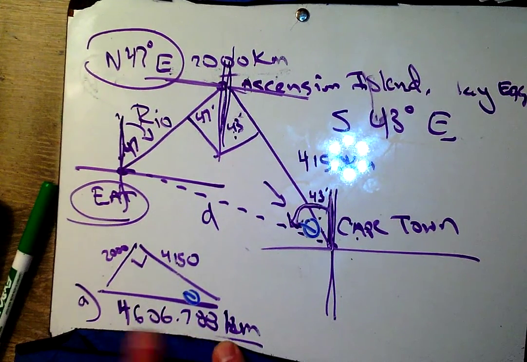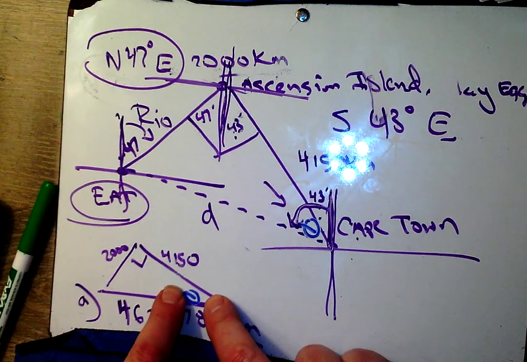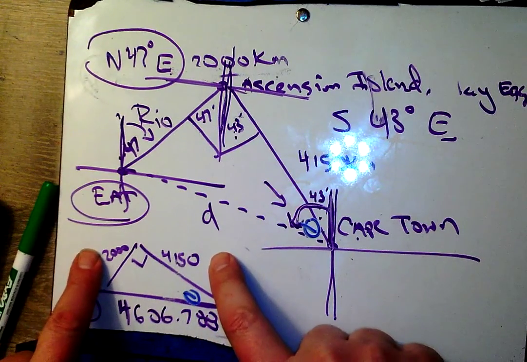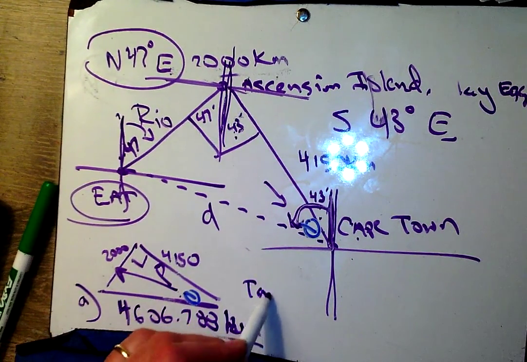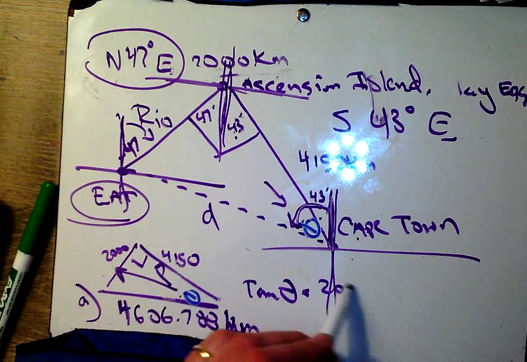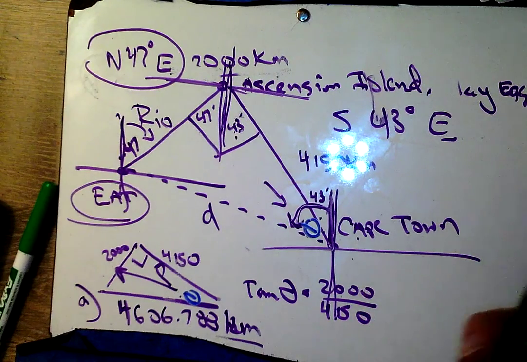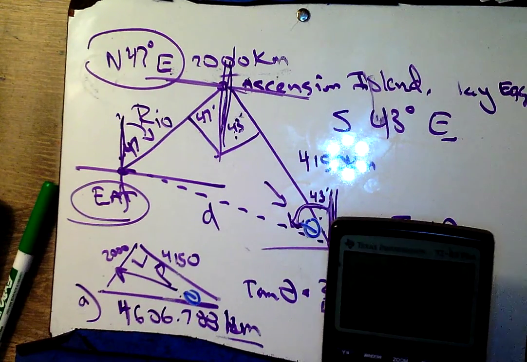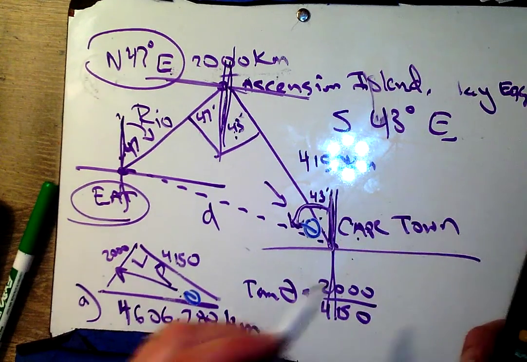But if for some reason I made a mistake here, then I'm automatically going to get the bearing problem wrong if I use this one. These were given to me, so I'm going to use those to find theta. I'm going to say tangent theta is 2,000 over 4150. And so if I take the inverse tangent of both sides, inverse tangent of 2,000 divided by 4150, I get